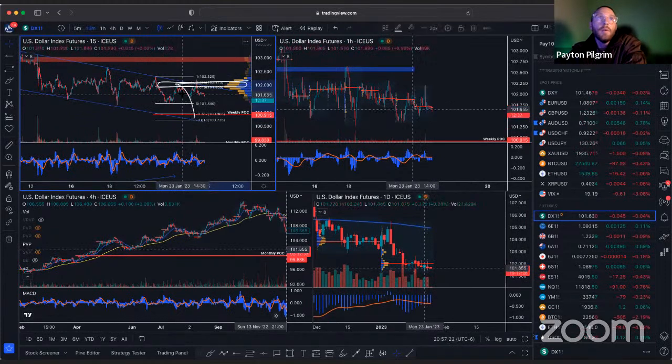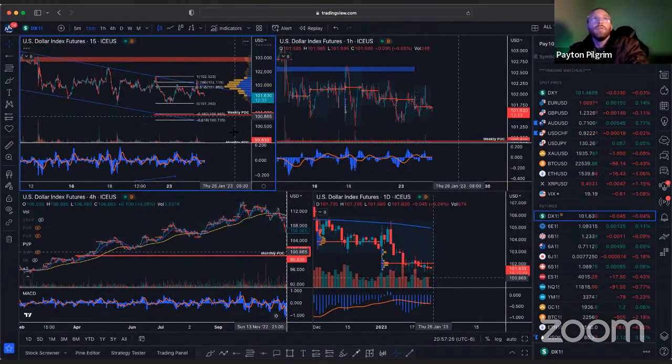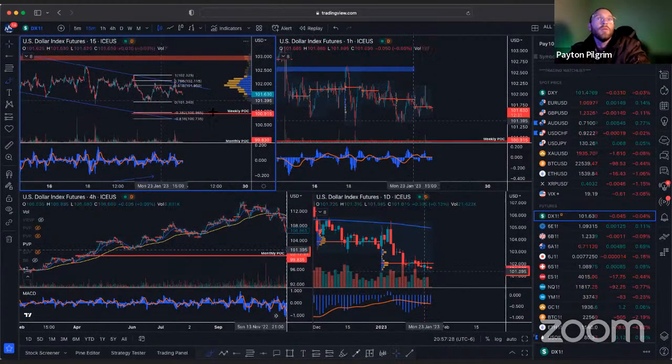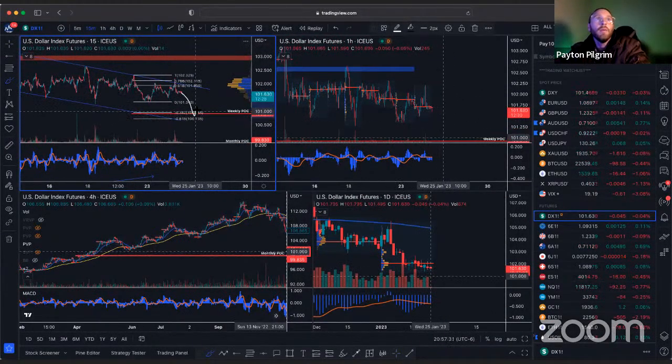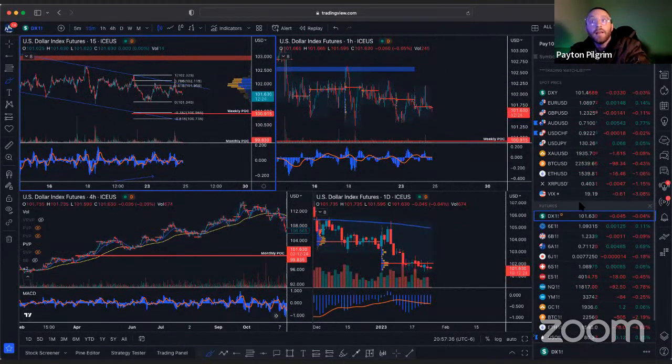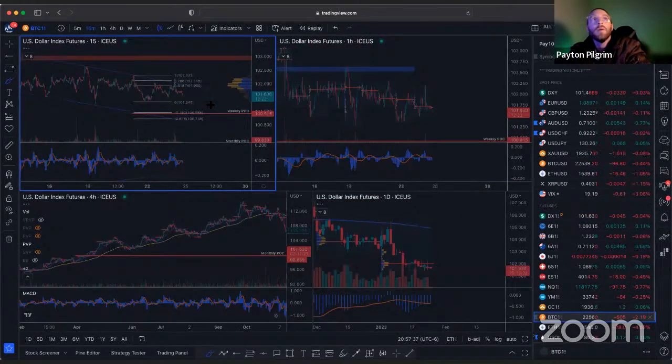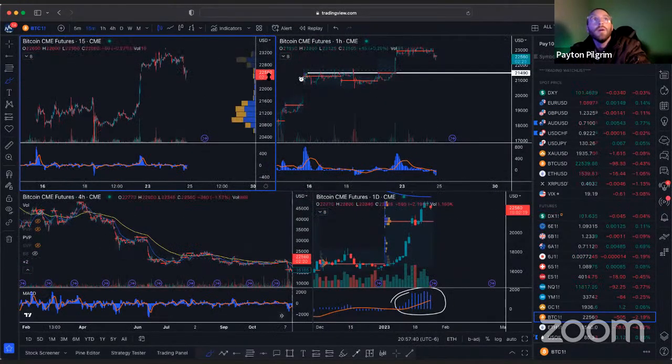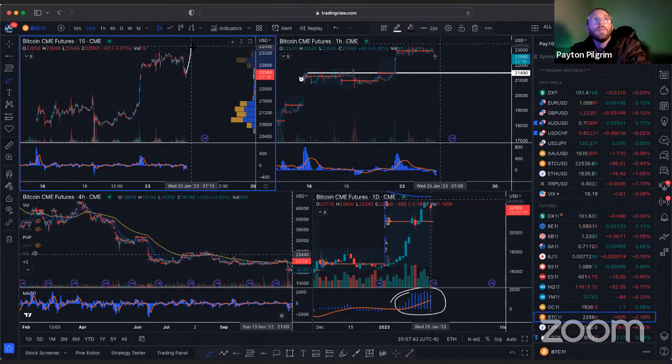This is what we wanted it to do, respect this level and then come down into this weekly point of control. And then once it gets in here, we wanted to make this move. If it does that, Bitcoin is literally going to do a fake move up. And then,